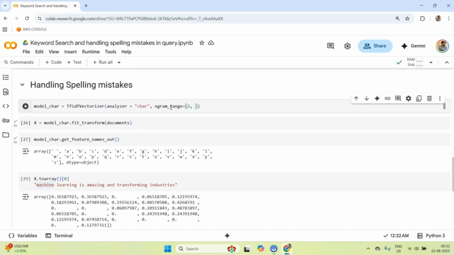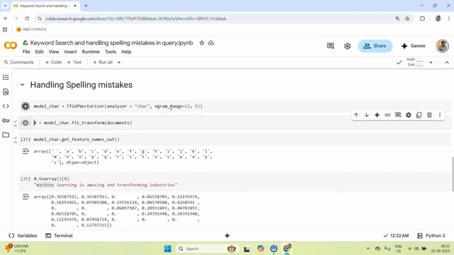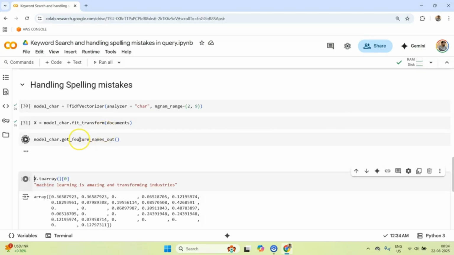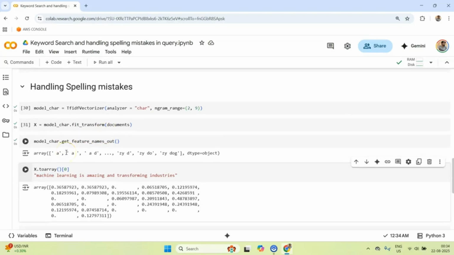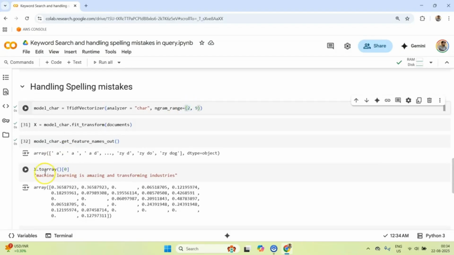Suppose I want to create an n-gram range of 2 to 9, and if I run this, your feature count will increase a lot. And if I run this as well, and now if I print the get feature count, now see what happens. It is starting to extract features